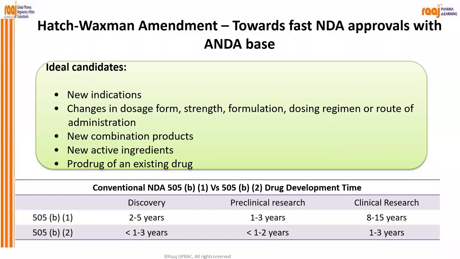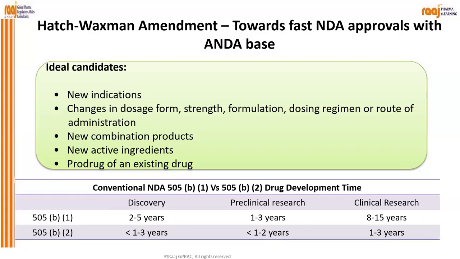So the Hatch-Waxman amendment is towards fast approval, with the ANDA as a base. Ideal candidates will be: new indication, change in dosage form, strength, formulation, dosing regimen, route of administration, or new combination products, or new active ingredient, or a prodrug of an existing drug. So, apart from India, there were the 505(b)(2) and 505(b)(1) applications,